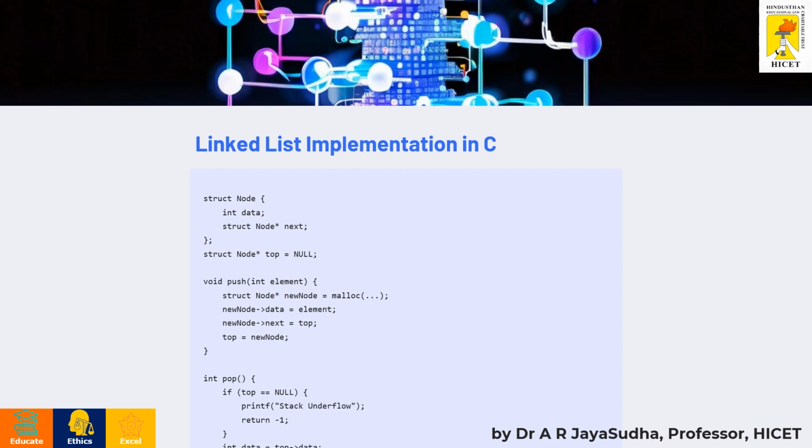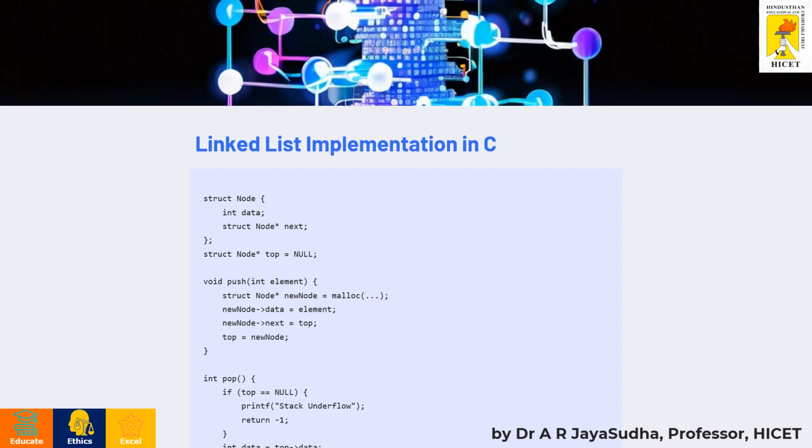Now I declare a pointer named top, which is of struct type, and I'm initializing that to null. Here we have push and pop functions. Hope it's visible. I'm trying to push an element here. So defining a function named push whose return type is void, and it takes a parameter of integer type named element,